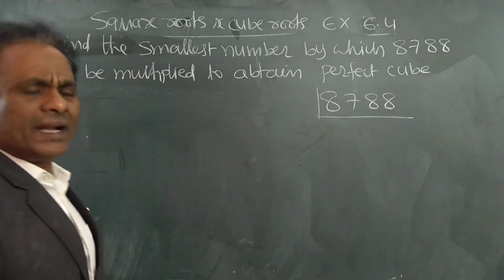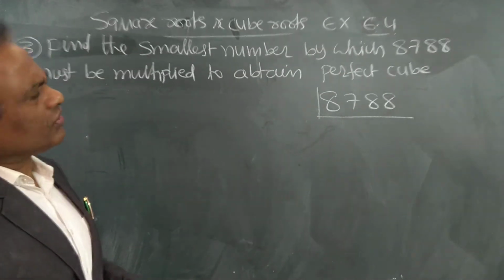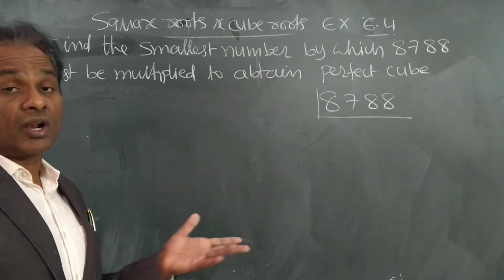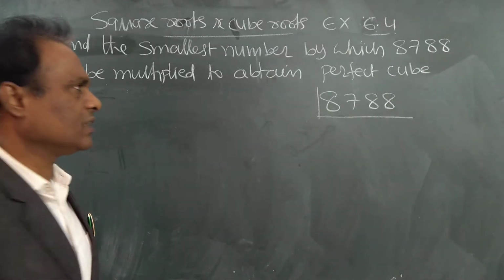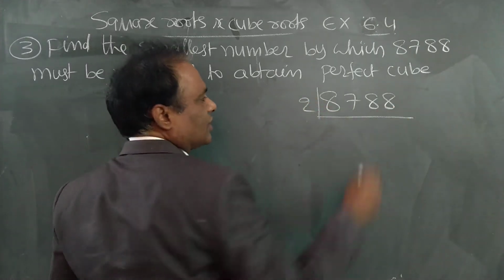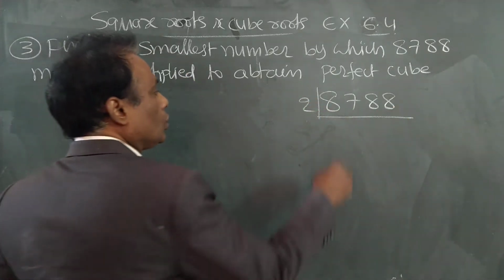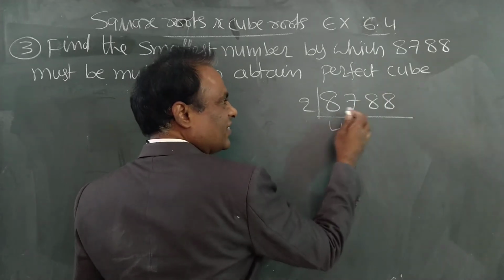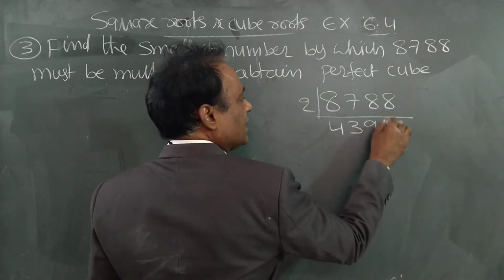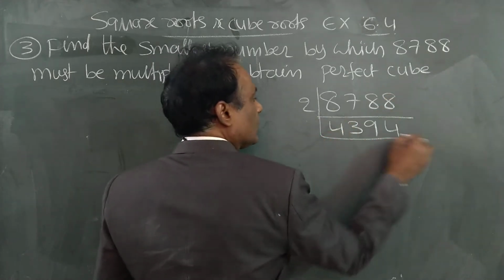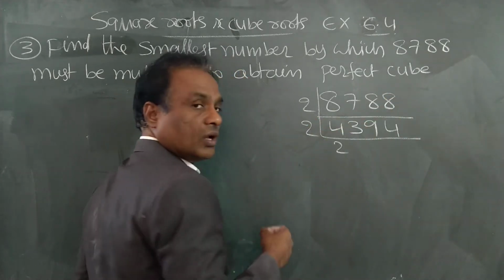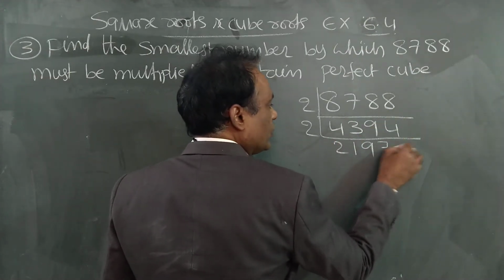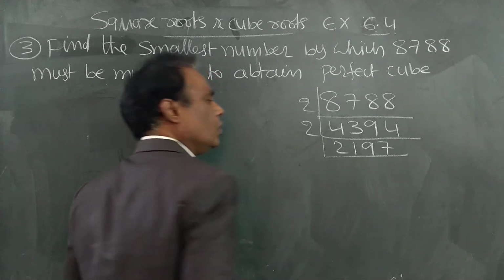Last digit 8, let us find the prime factors. Same procedure as we use to find the cube root or test whether it is a perfect cube or not. Same method. First with 2, because the last digit 8 means it is divisible by 2. 2 4s are 8. 2 3s are 6, 18. 2 9s are 18. 2 4s are 8. 2 2s are 4. 2 1s are 2, 19. 2 9s are 18. 2 7s are 14. Over. Next.